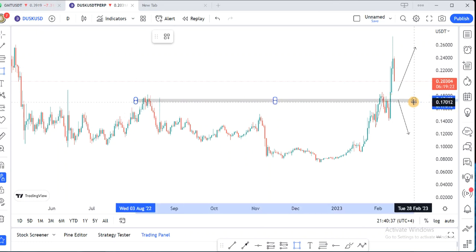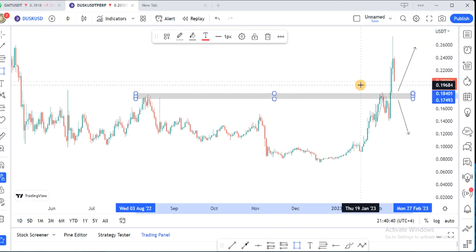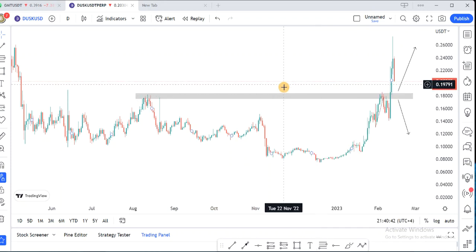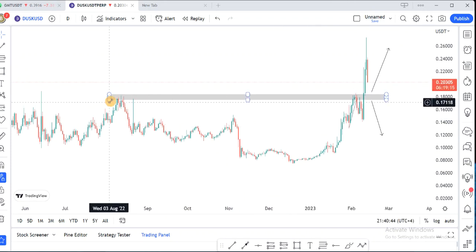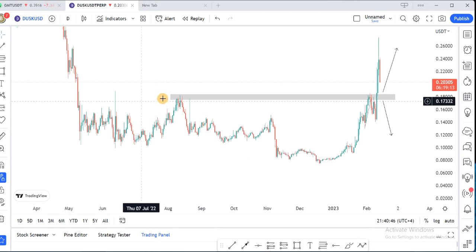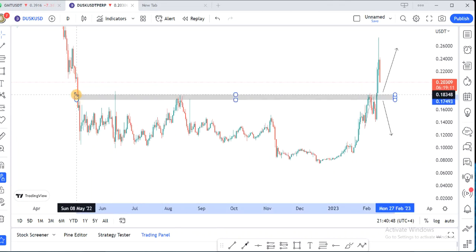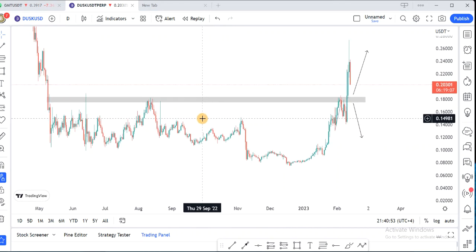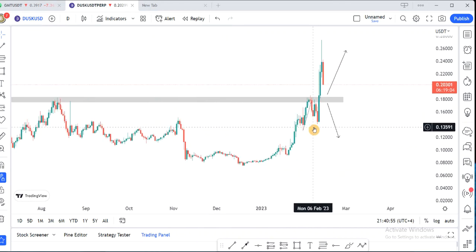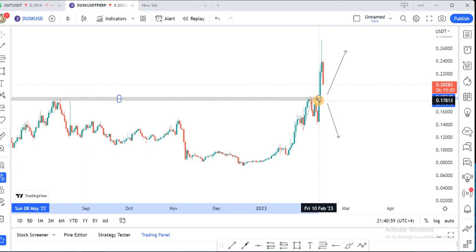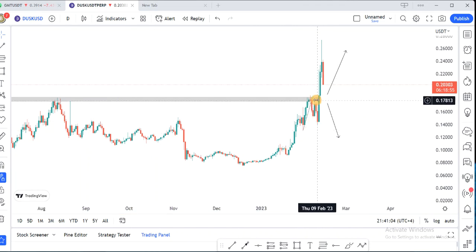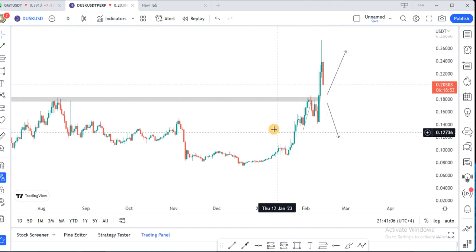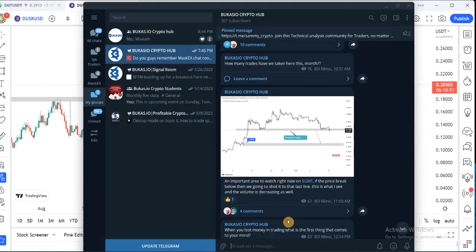So you mark out this region. Okay? So what did I do? I marked out this region first because price has been bouncing from this level before. Remember, this thing has played before. So I marked it out like this and kept it. When this price action was about to start, I said something. I still posted it in my group. Let me check.